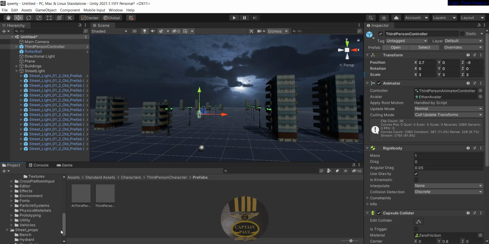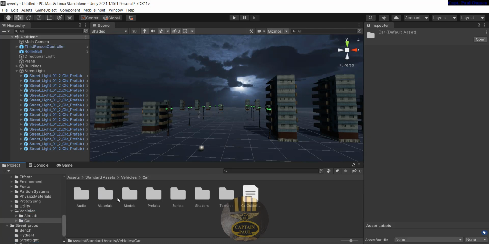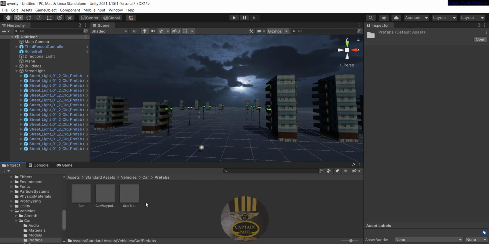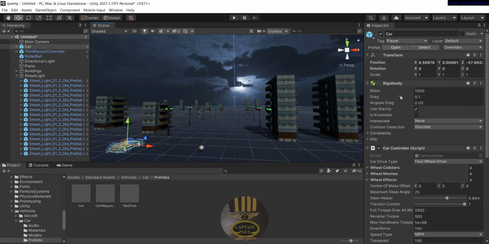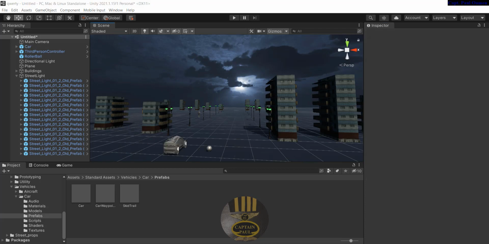Now let's add a car. I'm just going to add that somewhere here. Yeah, that's fine. Okay, that's it. The next thing that I'm going to do, since I have all of the components on board now, is